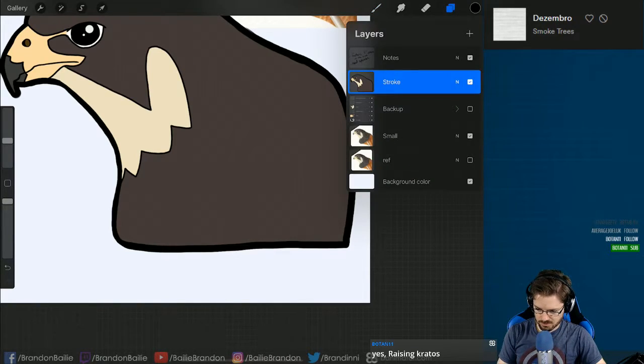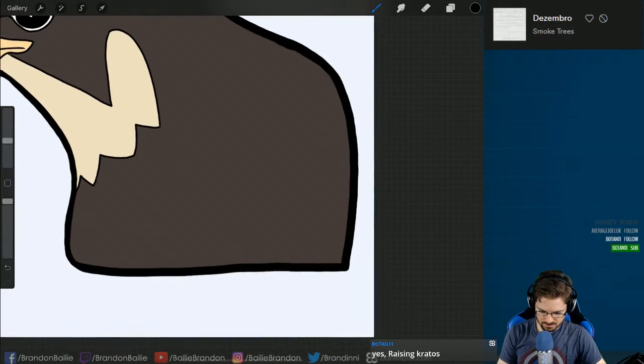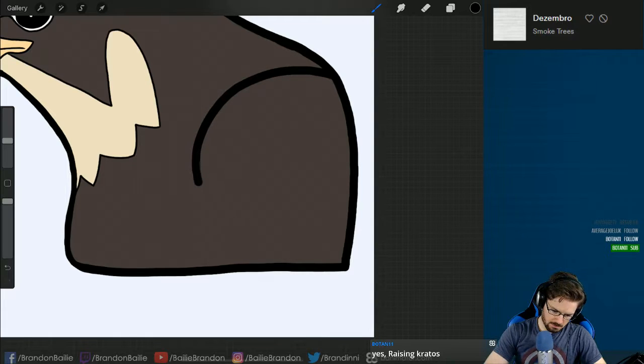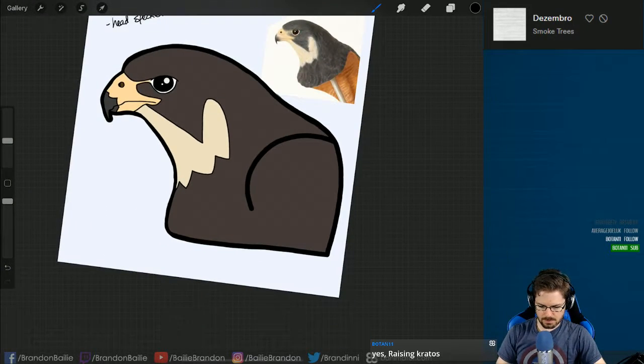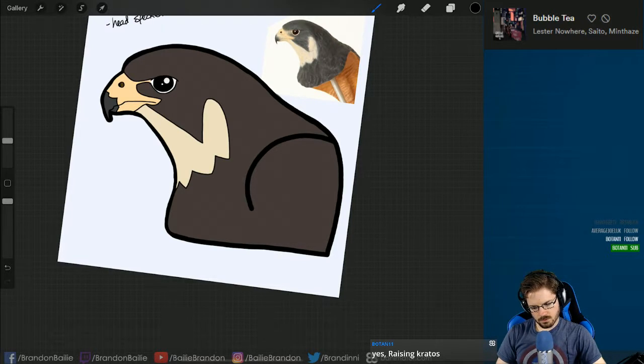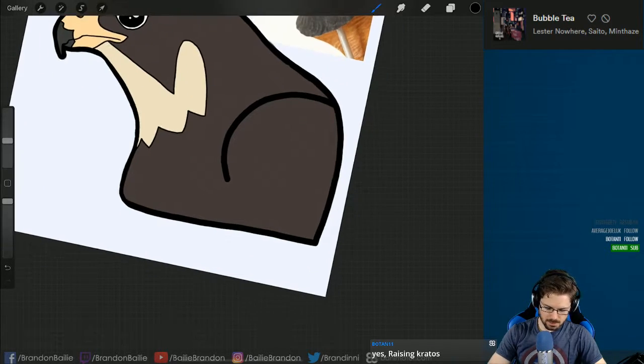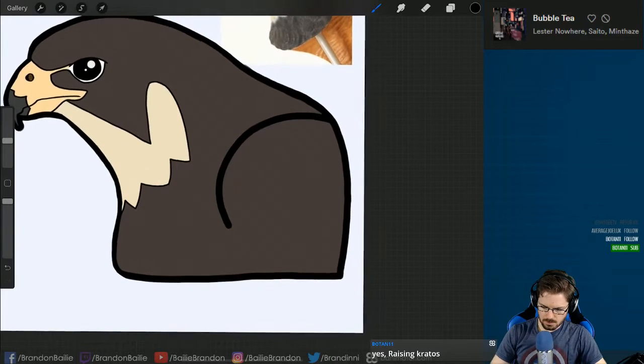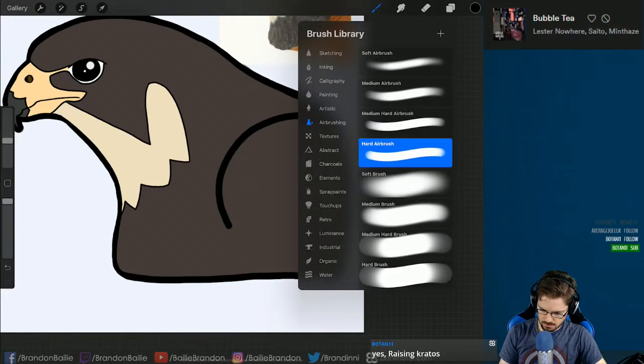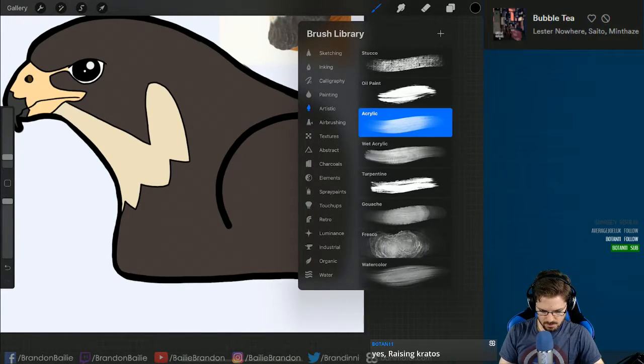Like, the amount of stress in that thing, though, is kind of off the charts. So now if we have this, right? Get like a nice sort of shoulder action going in here. I also want to know if I can do, so not airbrush. I wonder if I can do,